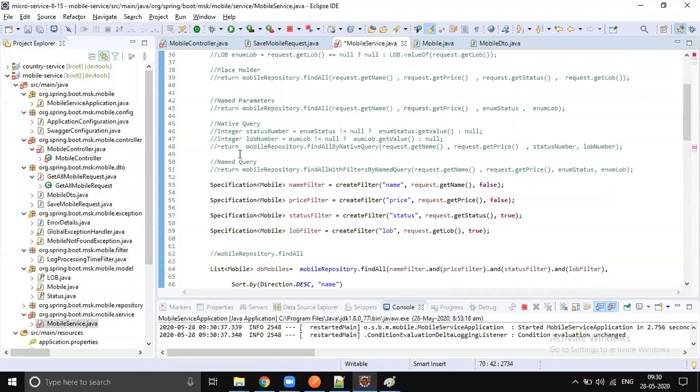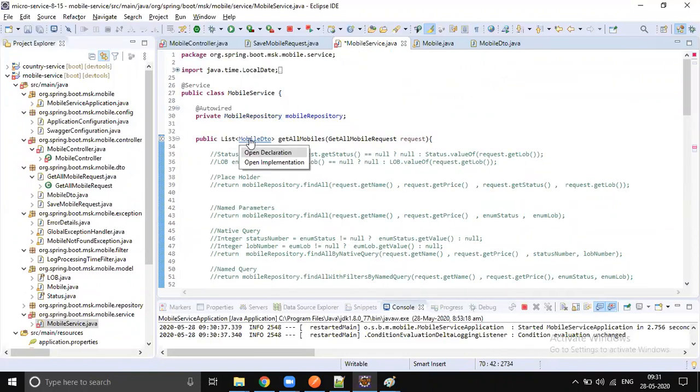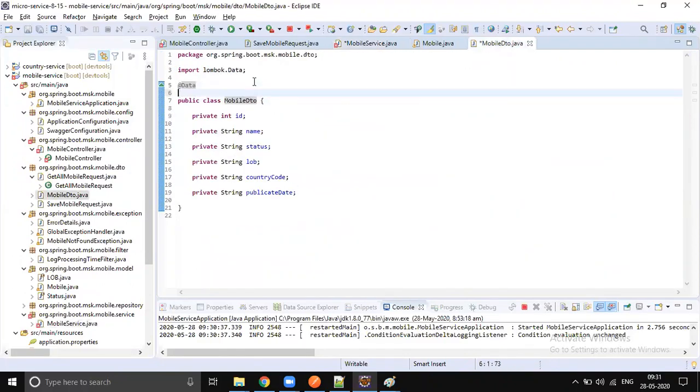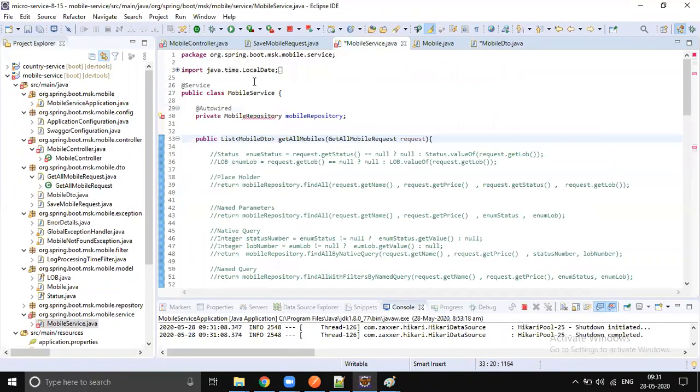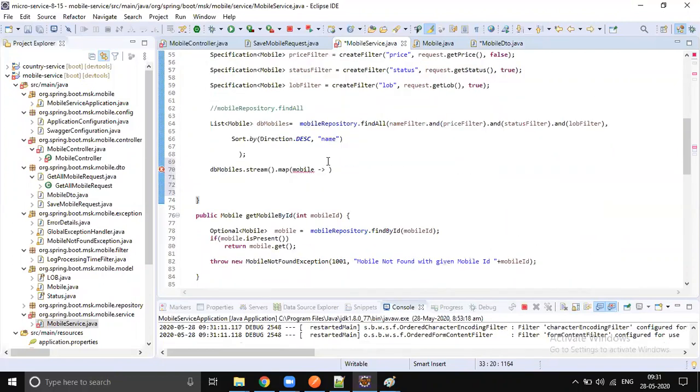So let's go to mobile DTO and add the builder API. Let's use builder. Let's create mobile DTO builder.